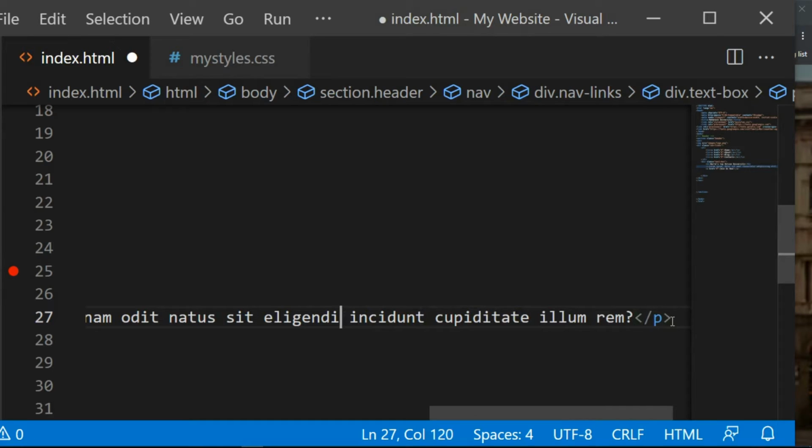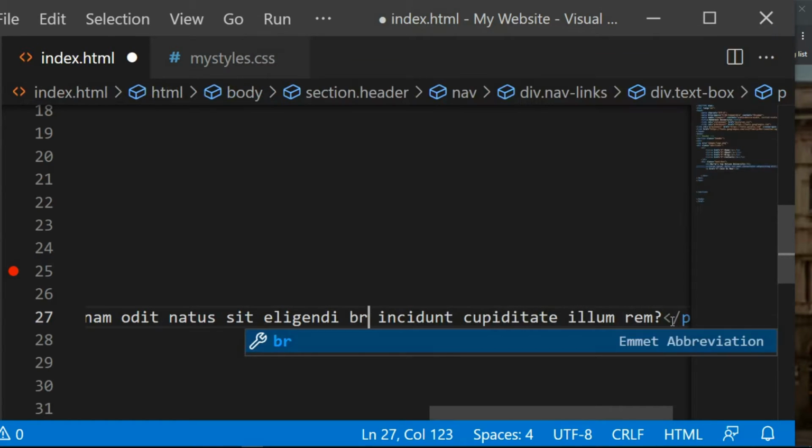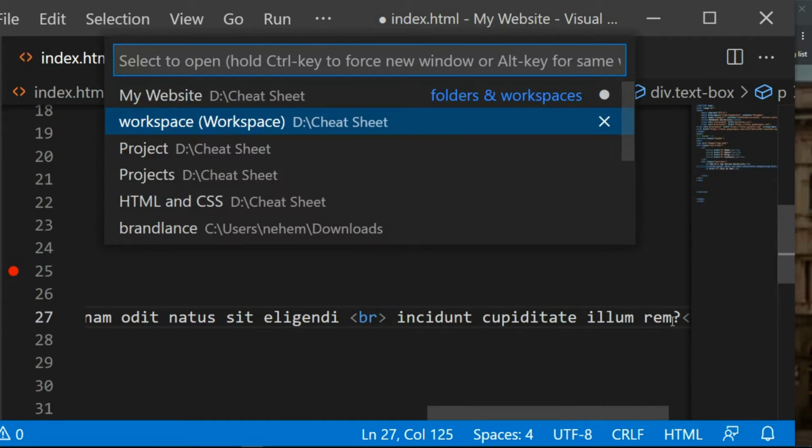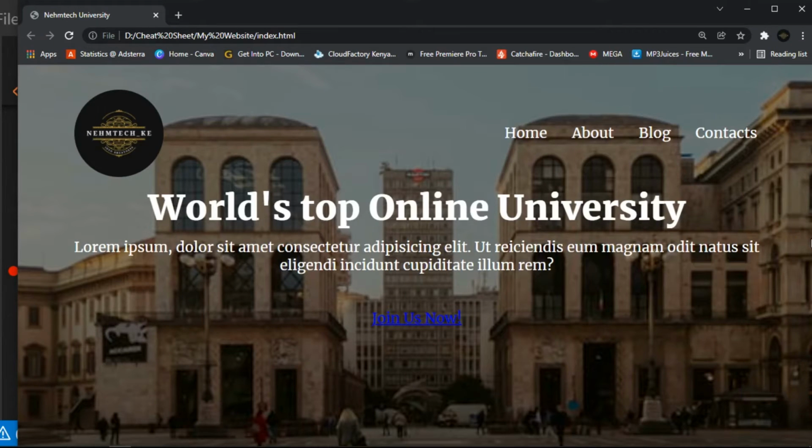Perhaps let's insert the BR here. So BR, again our line break, then I click Control plus S to save, and then refresh, Control plus R